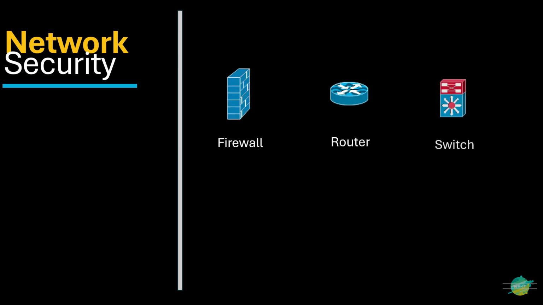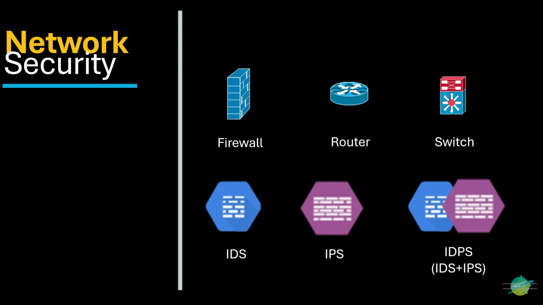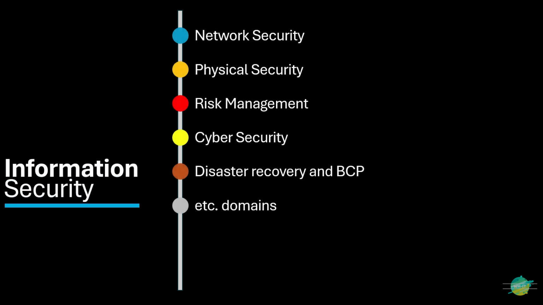If we take the example of network security itself, it is divided into multiple technologies, for example firewall, routers, switches, IDS, IPS, etc. When we take care of the technology behind one domain, we are taking care of only one domain of information security, right? But if we only focus on network security, that is not going to protect your company data or company resources. So you need to focus on each and everything when it comes to information security.